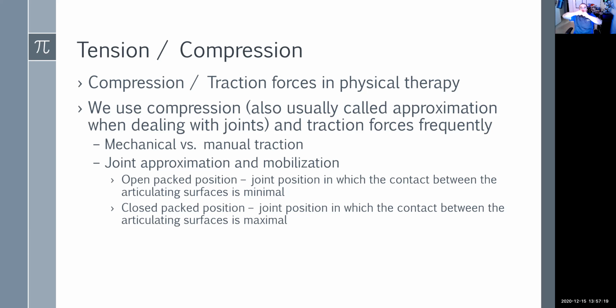So we've got the knee, right? If we are in full extension, right, that tibial plateau is locked in to those femoral condyles. At that point, that knee is in closed packed position. But even if we go into full flexion, there's another kind of locking that occurs. And at that point, it's a reverse closed packed. Anyway, we're not going to talk about that, but that's still not quite an open packed position. But now, what if I go about three-quarters of the way between it? So now I'm here. Now my tibia is slightly off my femur. My femur is not locked in. I'm now in an open packed position where I can mobilize the joint.